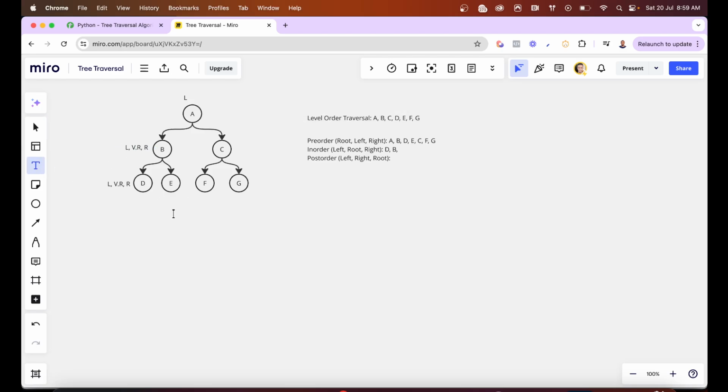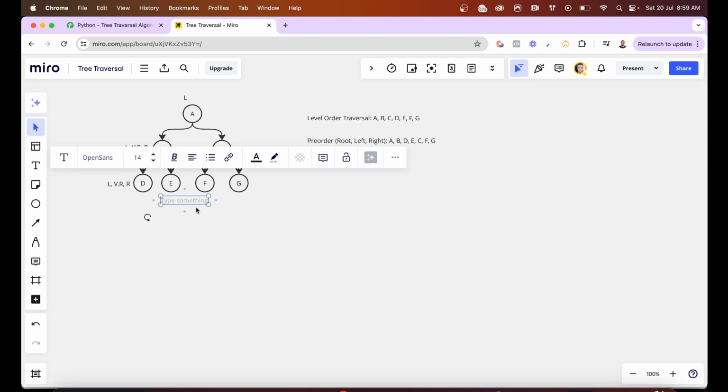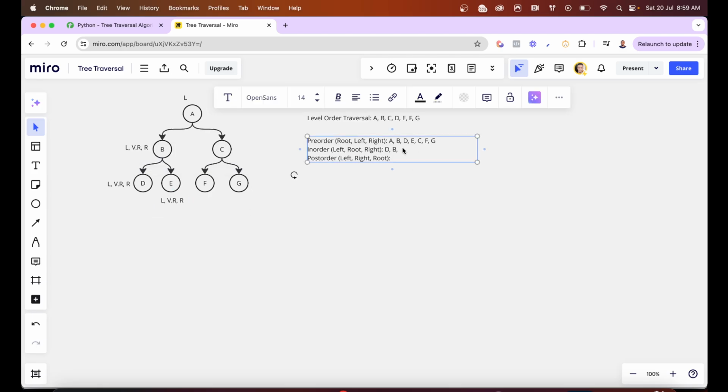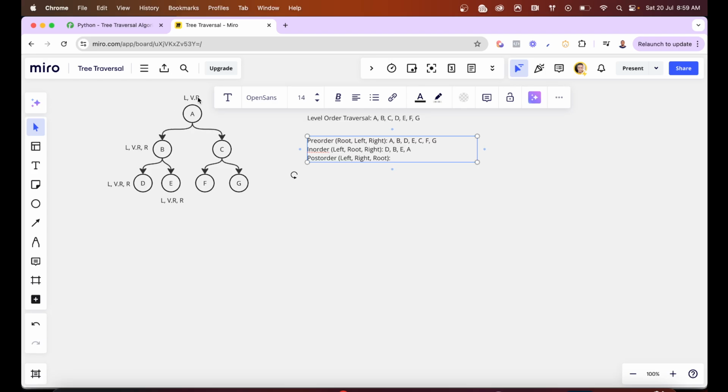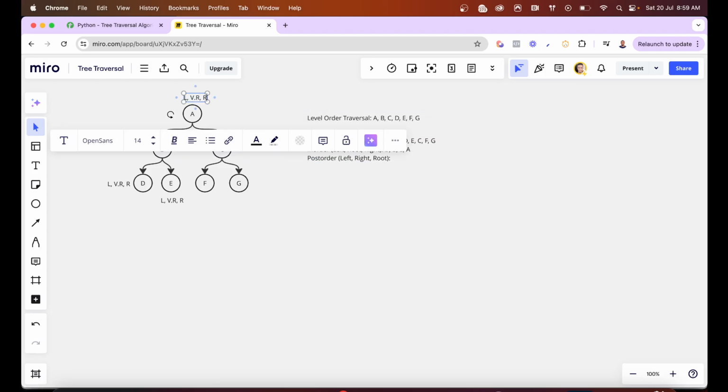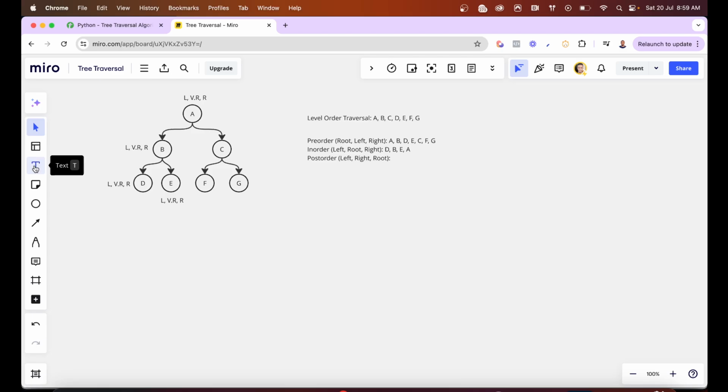Again, same thing happens. We try left, there is nothing. We visit root, that's E, and there is nothing on the right. So alright, E. I'm done with this subtree. So now I'm gonna come back to A. I'm gonna visit the root, and that is A, and then I'll do right. That gives me C,